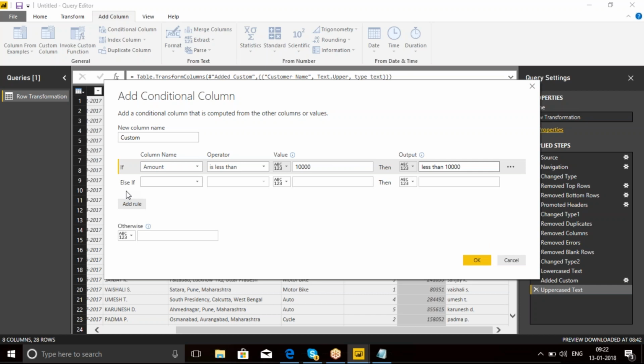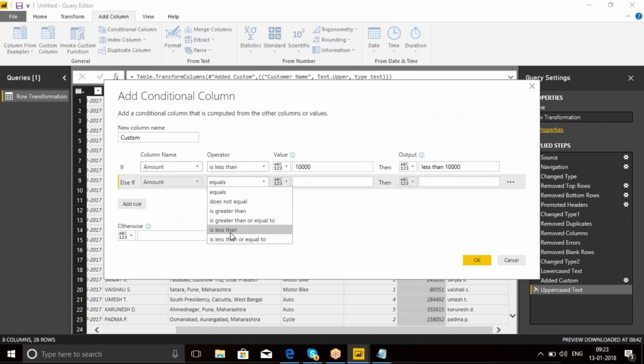So it's taking the base column, that is the amount. It's not applying on that existing column. It is going to create another column. The base column is the amount. The amount is less than 10,000. I want to display in another column as less than 10,000. If amount is less than or equal to